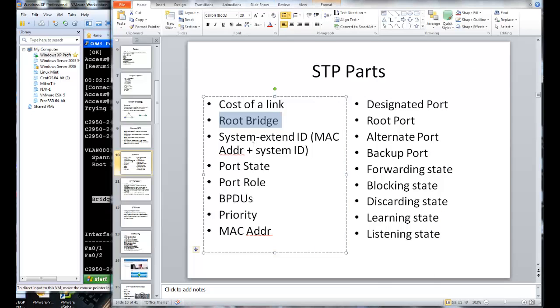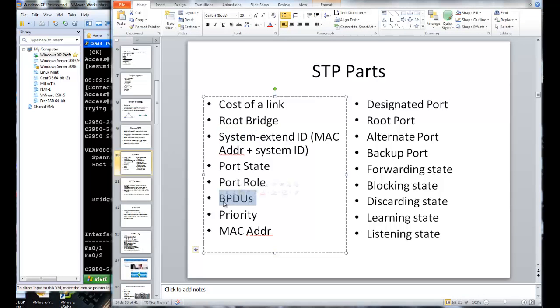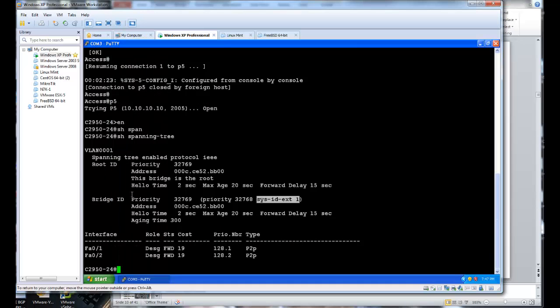So that's that. Another terminology that we have with our spanning tree is going to be your system extended ID, which we can see here, our sys ID extension, or extension number. Basically, the idea behind this ties in with our BPDUs. The BPDUs are the frames that get sent out throughout my layer 2 topology, which contain the system extension ID, or the priority and the VLAN number. So if you take a look here out of the box,